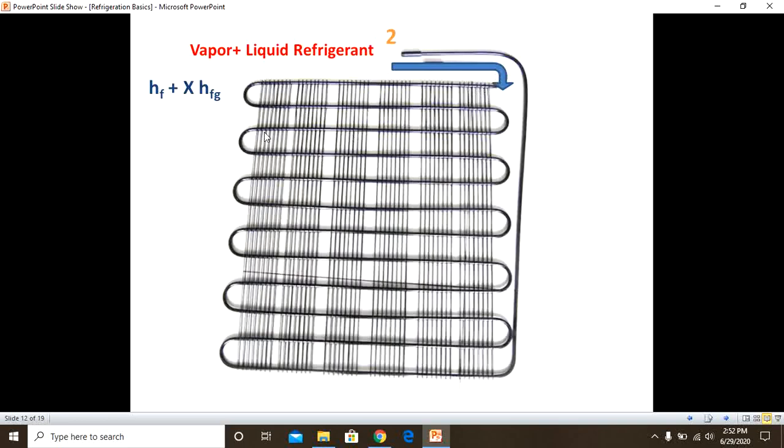Now it will run in the condenser, and then it will be condensed into the liquid phase. What is the condensation process? Condensation is the process of turning the vapor into the liquid at the saturation temperature and constant pressure. It is constant pressure. This is a phase changing process. Next, when the refrigerant comes out of the condenser, its enthalpy will be Hf only. Why? Because x is equal to 0, it has fully turned into the liquid phase. That's why it is called the liquid phase.